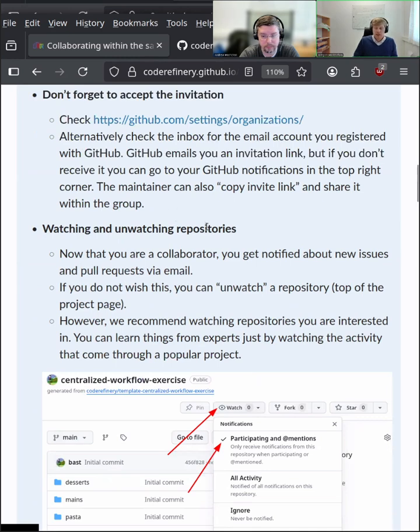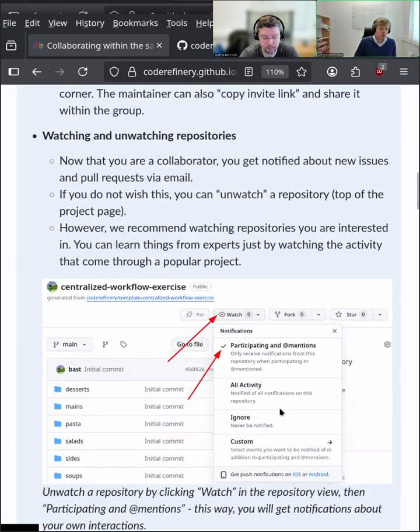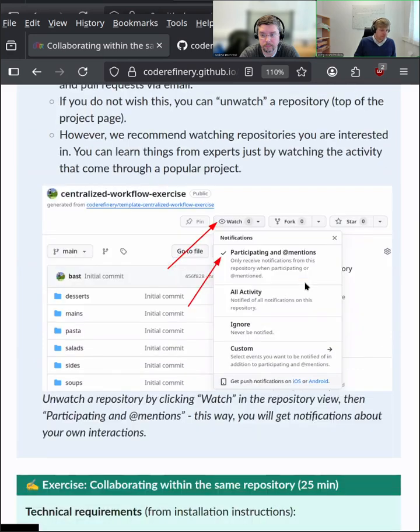If you haven't already sent us a request to be added to the repository, please do so now. You find all the instructions here. We will then send you an invitation, which you need to accept, and then you can participate in this repository. And also one additional thing, by default, you might have the setting here set to all activity, which is not what you want, since that would mean that whenever someone creates a pull request or an issue in this repository, you will be spammed by emails. So set it to participants and mentions. That's a good idea, or you can also set it to ignore, so that you don't get any notifications by email whenever something happens in the repository.